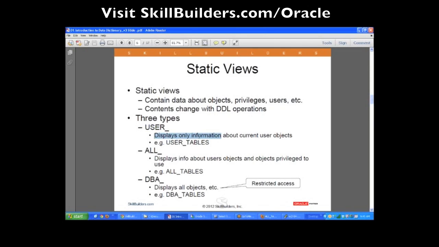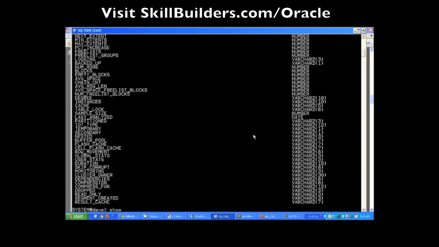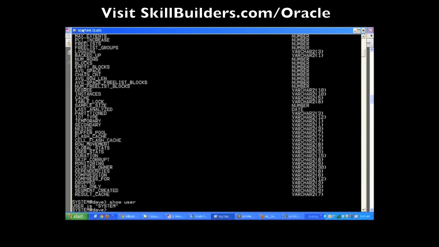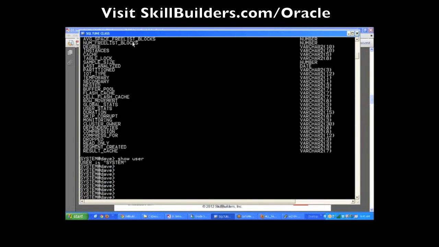User is a view that hides everything except the stuff that you own. So whoever's currently logged in, that's all you're going to see. If I show user tables here, let me bring that up into focus a little bit better. I'm logged in as system, and I select